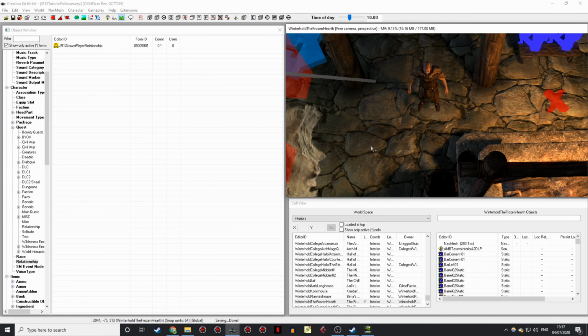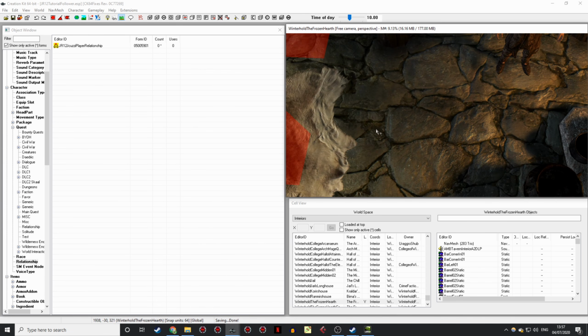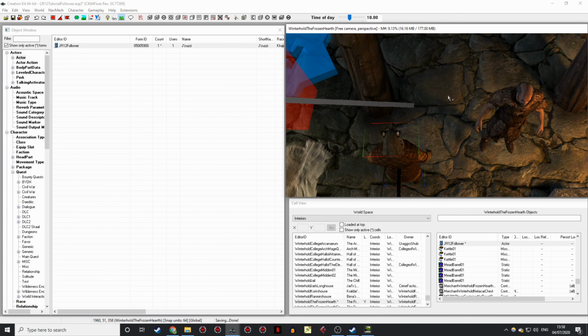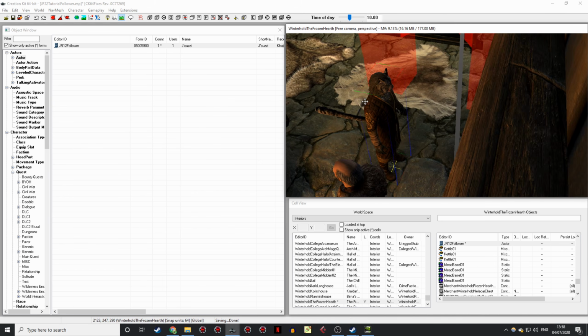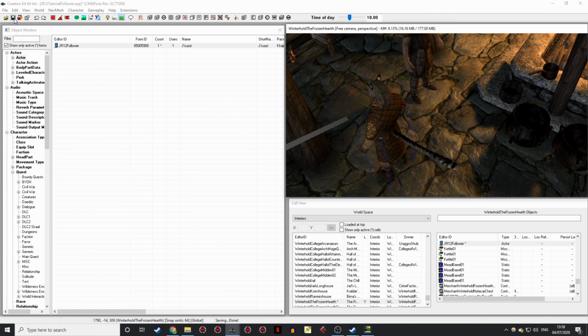So we're just going to find a space. It doesn't matter where because your NPC will sandbox and find somewhere to sit down. So just this space will do. Go to the Actors tab, find your follower. There he is, JR12, and just drag him in. And when you let go, there he is, looking resplendent in his fine clothes. So once you've done that, just save the game, and we're ready to go and meet him.